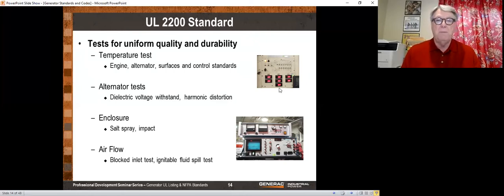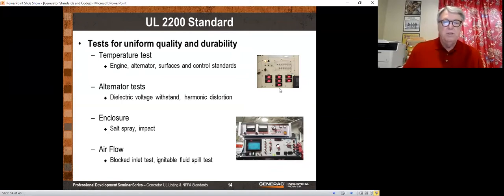So that means you have to smash a billet into this thing and it has to hold up. And we do salt spray tests. So they put it in a little, what do I say, an enclosure, it's not a very good word, but in a room, and seal the room and spray salt on it. And then they go in there after a certain amount of time and look for corrosion. Finally, they go in and they actually block the inlets so that there can be no airflow. They put some cotton in there and they spill some fluid and they make sure that it's not going to